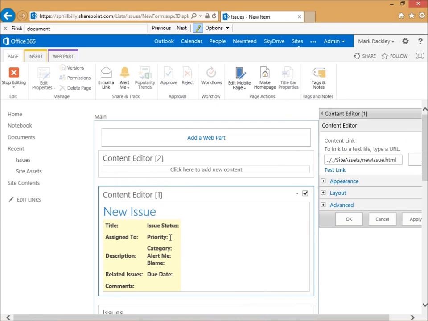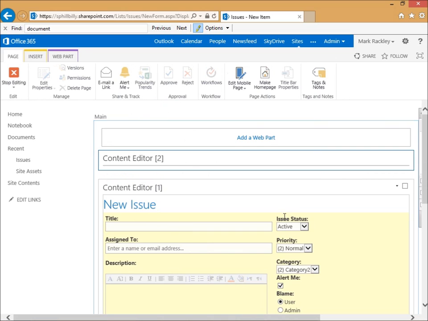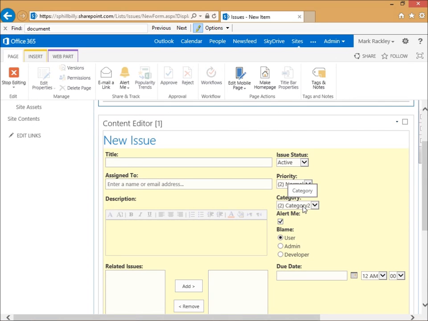And here we can see our custom layout. All you're going to see are those labels because the spans, of course, aren't visible. Now let's link this other content editor to our script that's supposed to make all the magic happen. That is also in site assets, and we call that hillbillyform.js, and let's apply that. You can see immediately it's already reformatted our form for us, but let's go ahead and stop editing and look at it